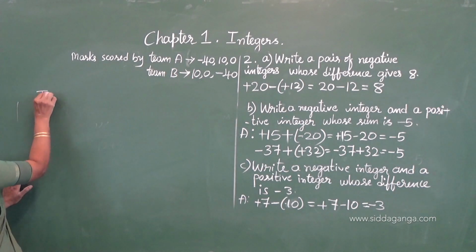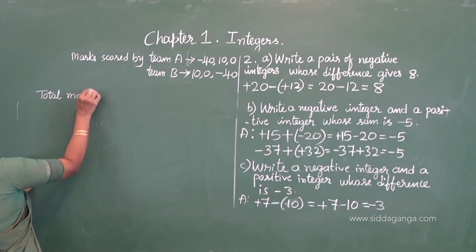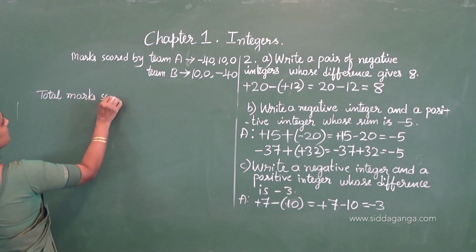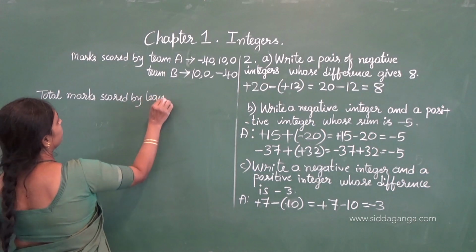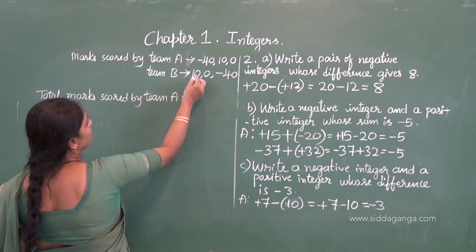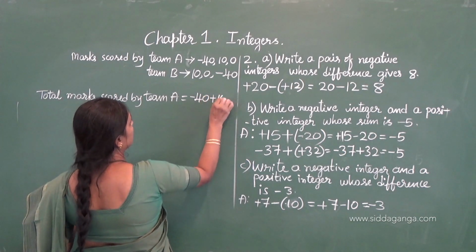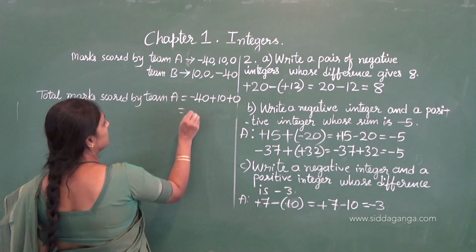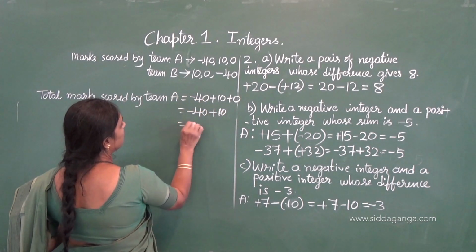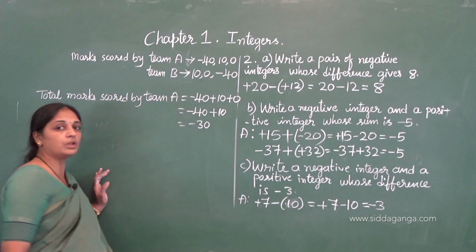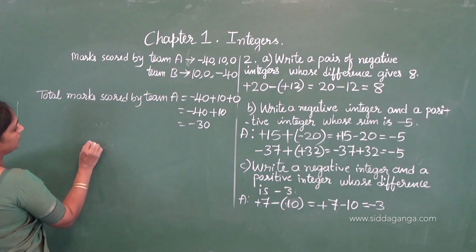The total marks scored by Team A is equal to, we have to add all the marks scored: minus 40 plus 10 plus 0. That is equal to minus 40 plus 10, we get minus 30. The score is minus 30, and the marks scored by Team